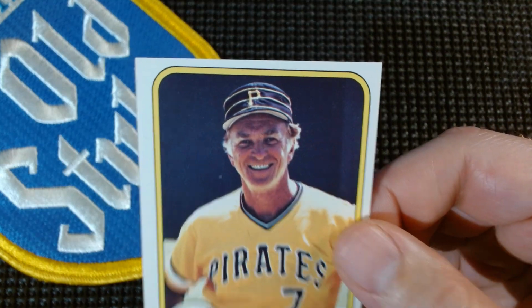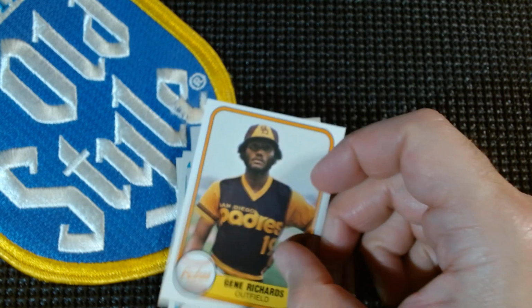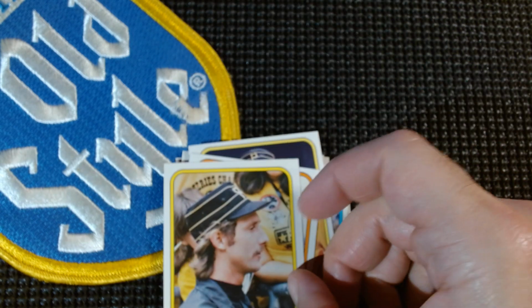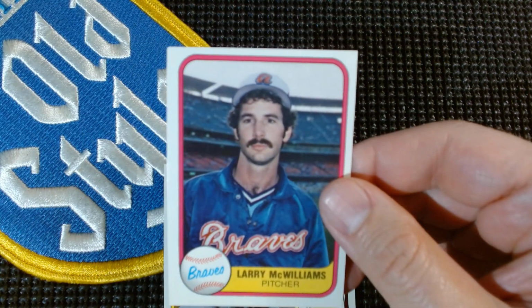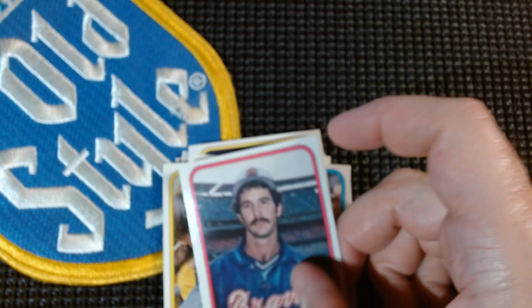So, Chuck Tanner, another manager card. Oh boy, thanks. Here you go, Gene Richards. Wow. Ron Scurry. Pirates hats. Wow, a lot of Pirates in this pack. And Larry McWilliams, pitcher for the Braves. So maybe that is just the Braves hat, but it just looked really off on that one. Alright, so